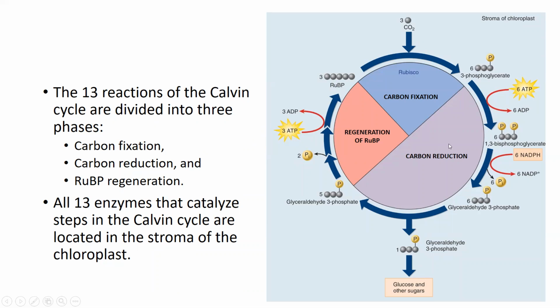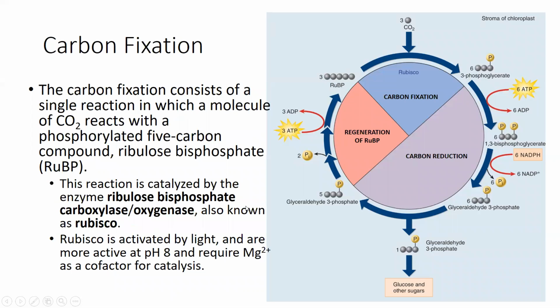Since there are 13 reactions, there are 13 enzymes required to catalyze each step in the Calvin cycle. All the 13 enzymes are found in the stroma. Carbon fixation is the first phase in the Calvin cycle. It consists of a single reaction, which is only one reaction, in which a molecule of carbon dioxide, this is 3